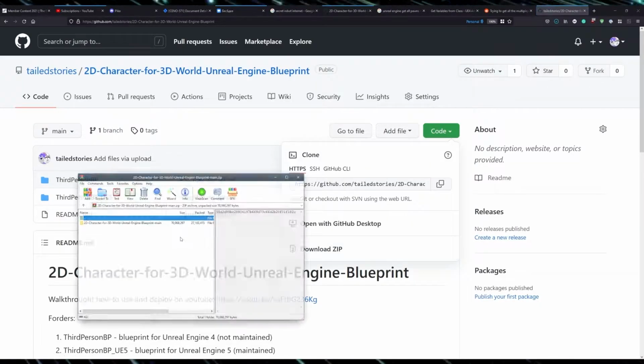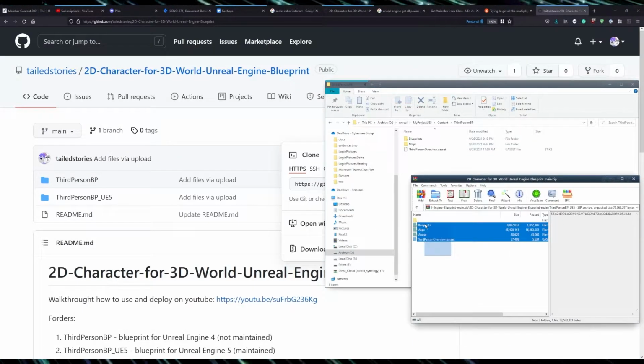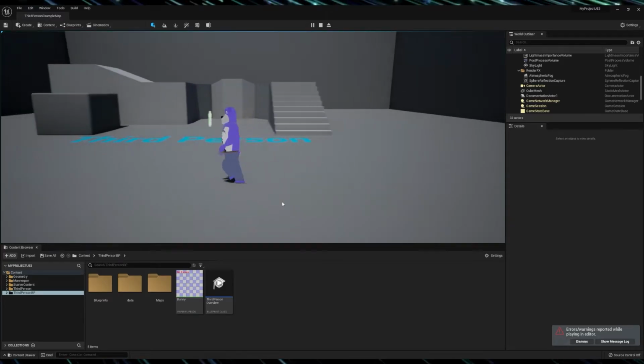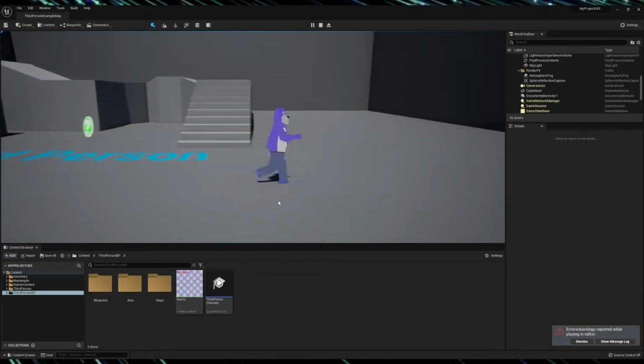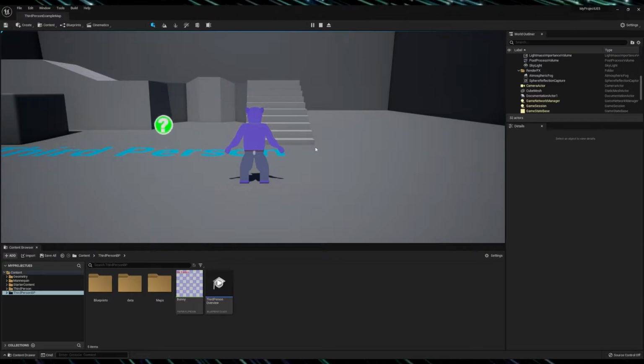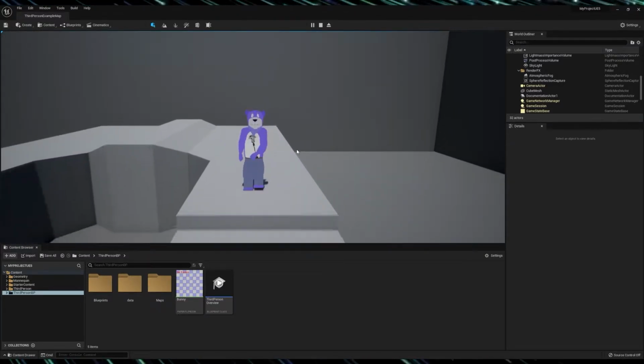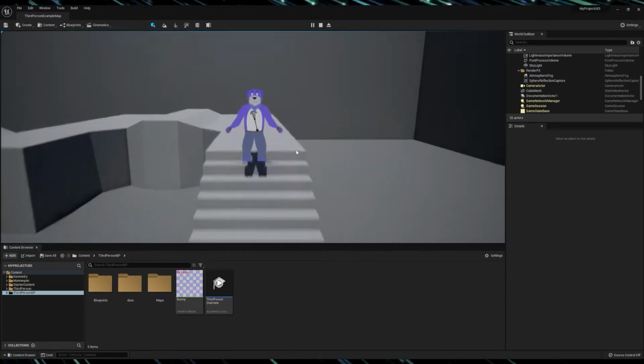Go to the GitHub repository and put the folder third-person BP UE5 in the content folder. Now let's get rid of the default characters and put our nice character into the scene. It's Scary Bear this time, but don't worry, it will not bite as long as no one is around. The character already looks kinda nice and flat, but mostly not functional, even the turning would not work.